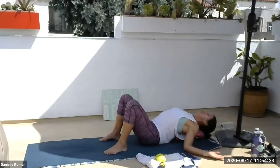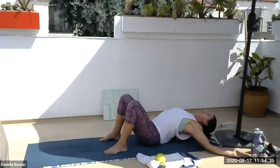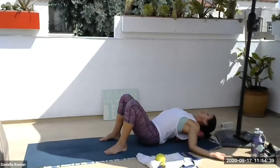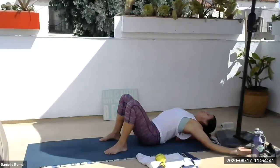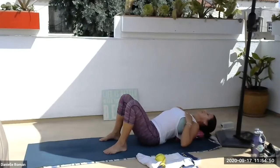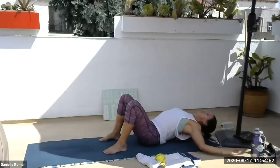My tailbone is down on the ground. Inhale Y, exhale W. So I'm going to do this 3 to 5 times. And then I hold out into that T position. So I can bring my arms straight out, or I can bend the elbows. So I'm opening up the chest, opening up the front of the shoulders,